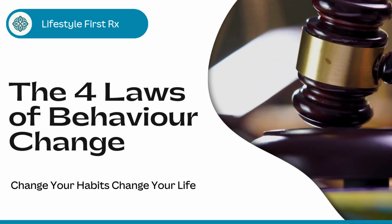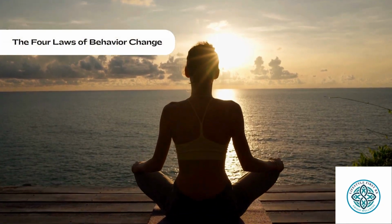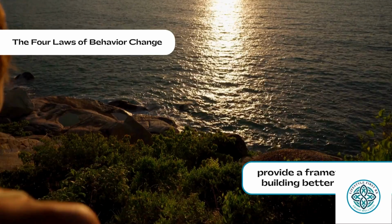The 4 Laws of Behavior Change. The 4 Laws of Behavior Change, as the author of Atomic Habits would put it, provide a framework for building